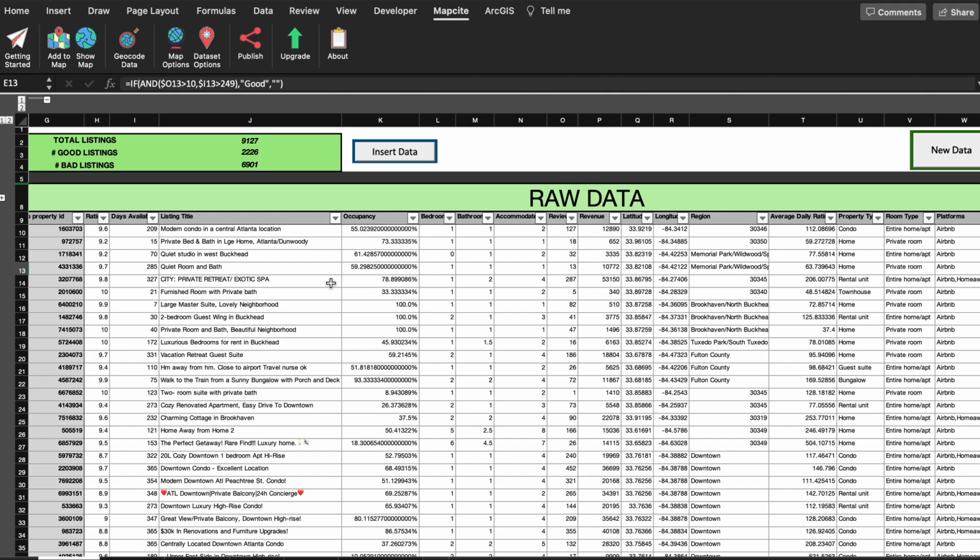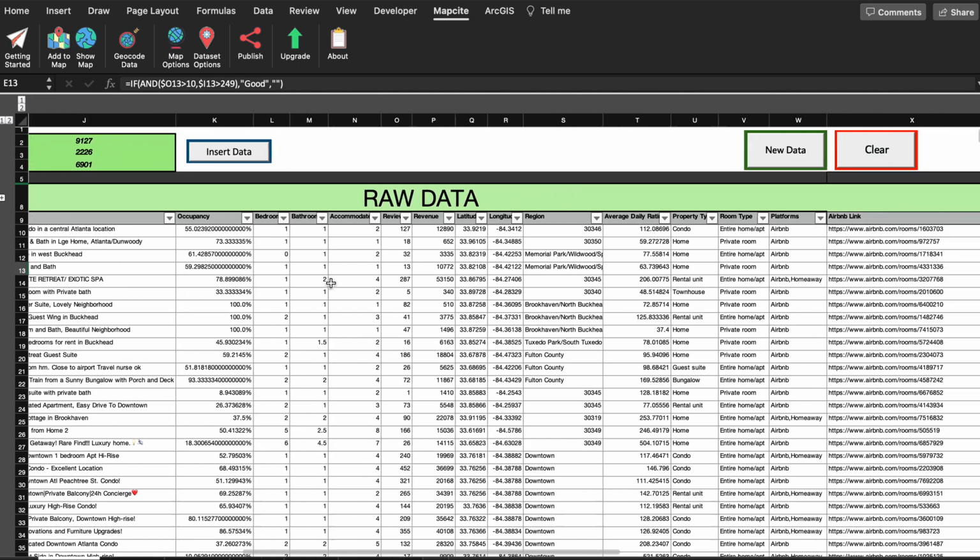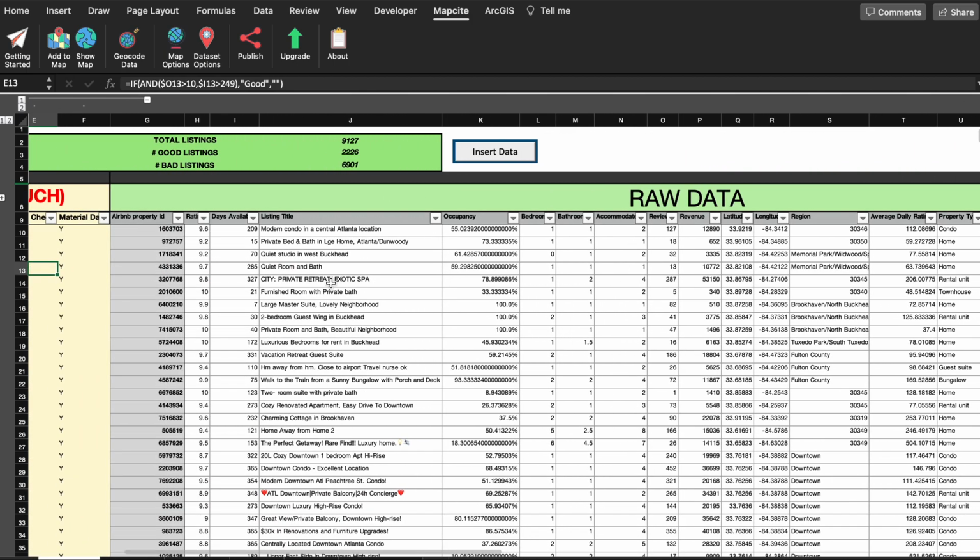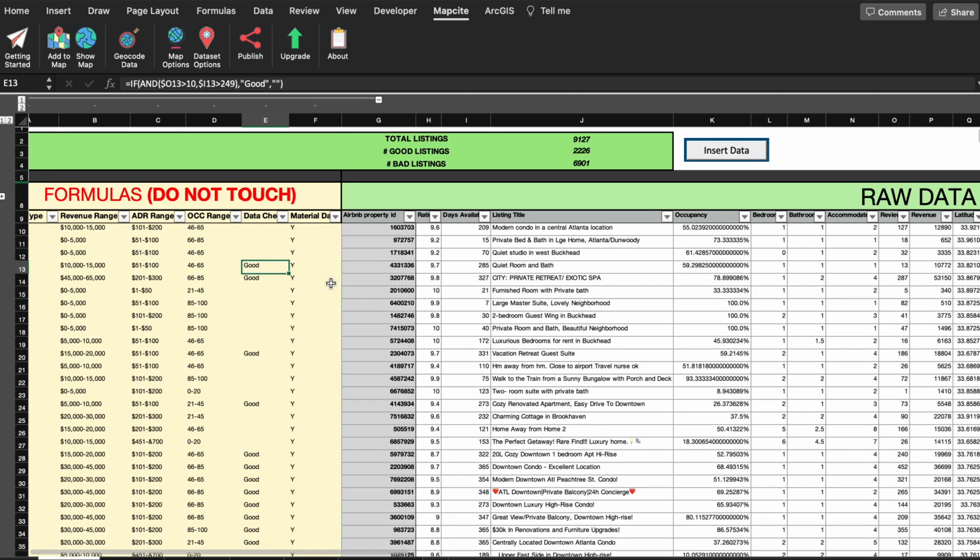Another criteria that we have built in is around days available. It needs to be at least 250 days available on the market to be classified as a good unit, because it has a certain amount of data that's been provided: the occupancy rate, the average daily rate, and the amount of revenue that is generated around that time. So those are the parameters that we have built in that are classified as good data.